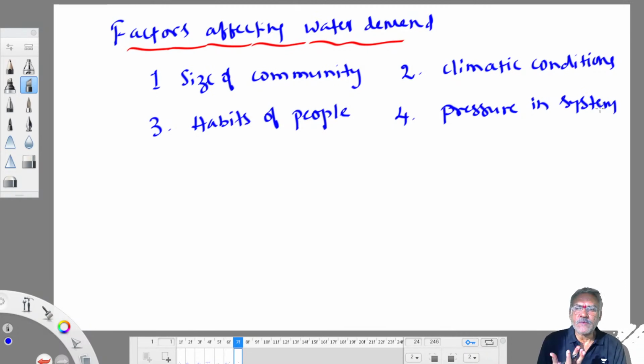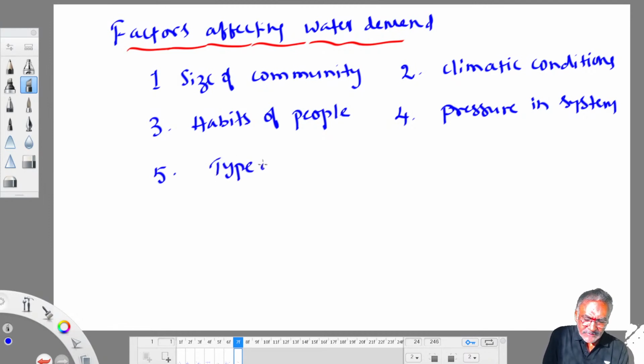If pressure is not maintained properly, the public doesn't get proper water supply. Therefore pressure needs to be maintained. It should not be very high, and it should not be very low. If it is very high, then the public collects more water than they actually require and misuses water. If it is very low, it is very inconvenient for them to collect sufficient water. So meeting their demand is the first priority for us. We need to meet their quantity requirements and their quality requirements. Okay. Then the fifth one is